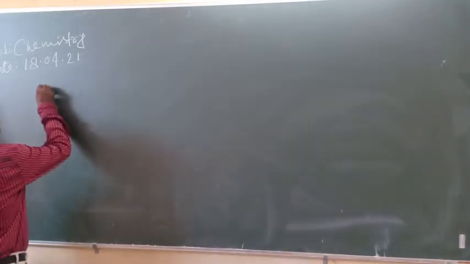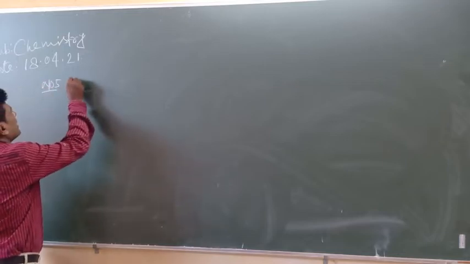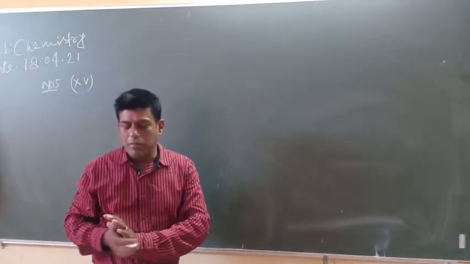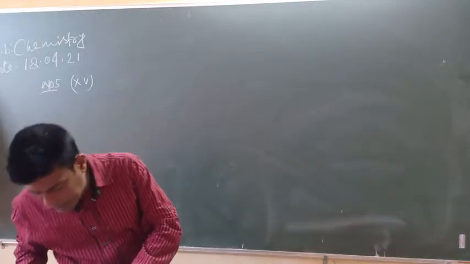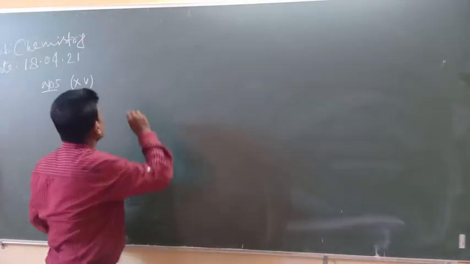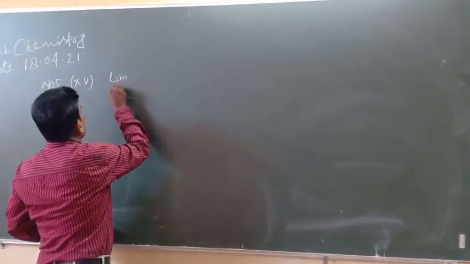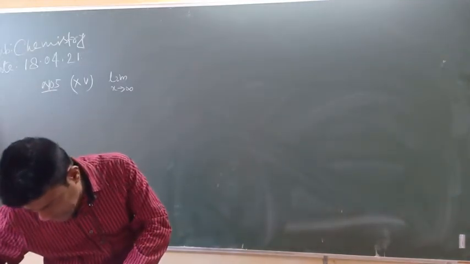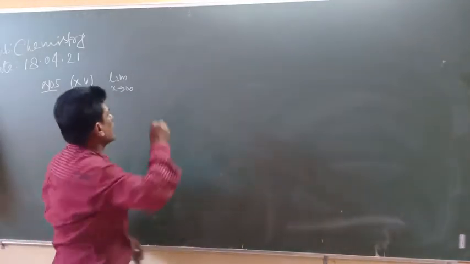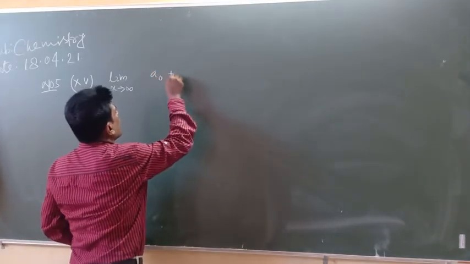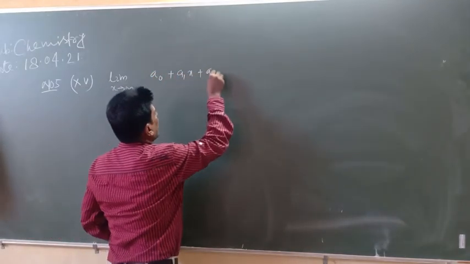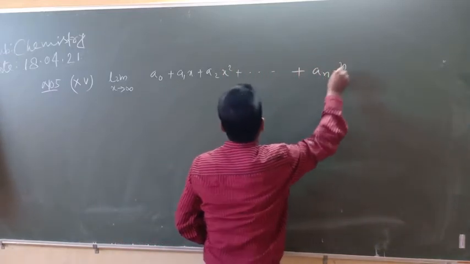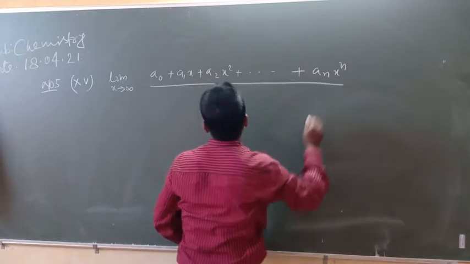Number 5, (b). The last bit of this number: given the limit as x tends to infinity, the first term is a0 plus a1x plus a2x squared, and so on, plus an x to the power n, whole divided by